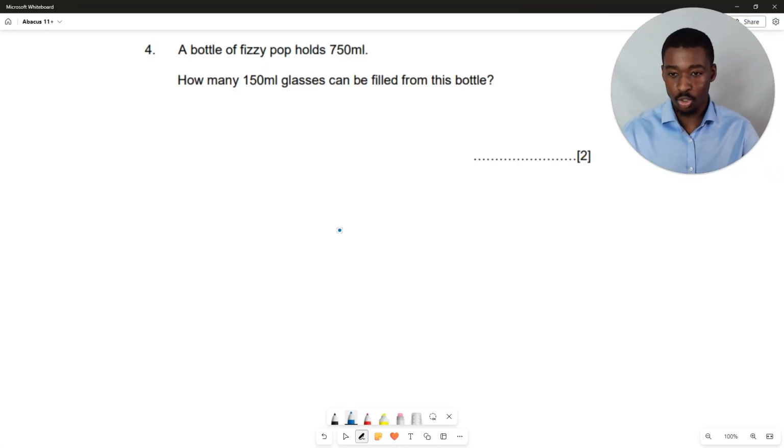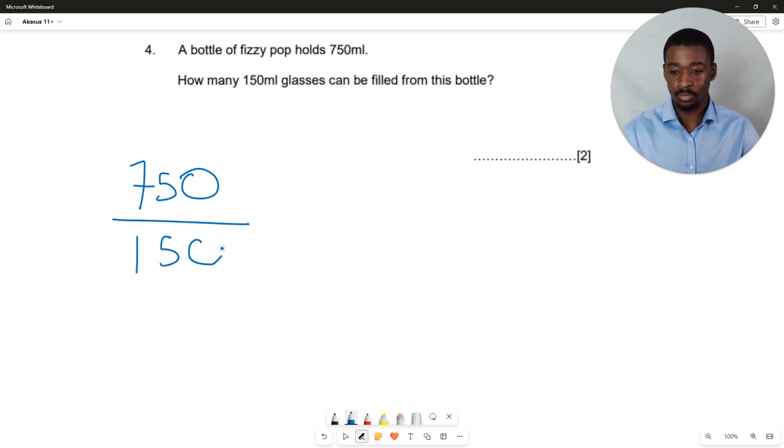So here for our next question, we have a bottle of fizzy pop that holds 750 milliliters. How many 150 milliliter glasses can be filled from this bottle? So here we have a division question. We must take the 750